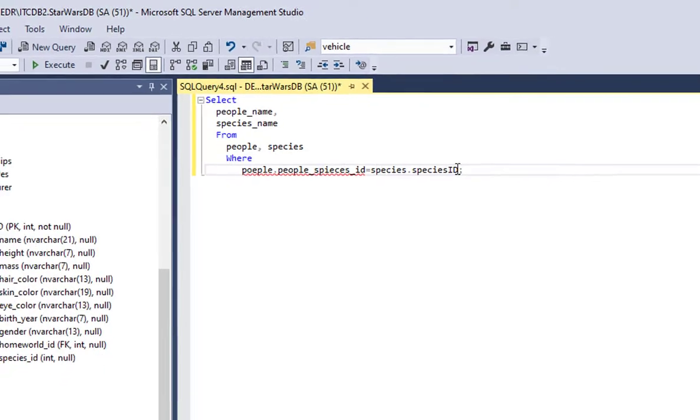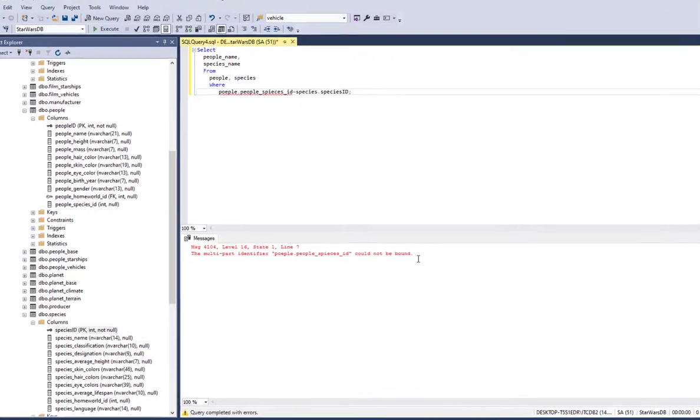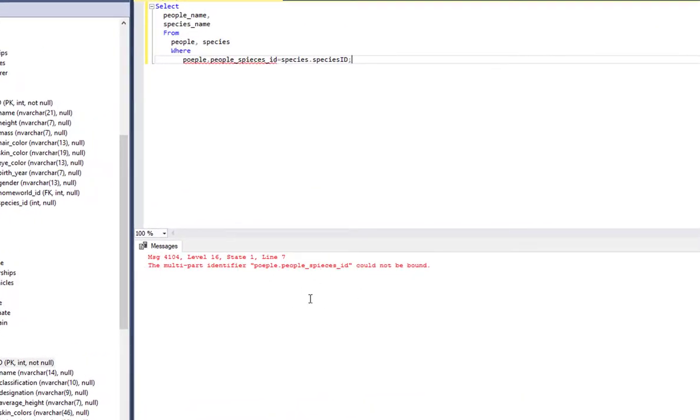Once we have that in place, we can run our query, and we see that there looks like there's an error down here. Now, debugging errors is just as important as getting it to work. So when we look at this, we start to see that the errored area is underlined in red. And if we double click it, it really doesn't help us much, but if we do double click the error,